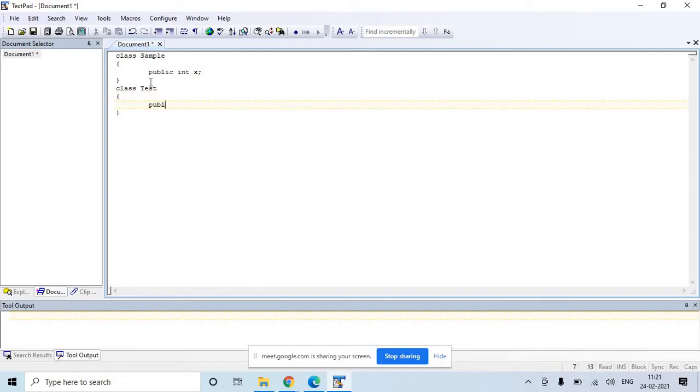Inside Test, let me write public static void main(String args[]), or you can write any name, String a.